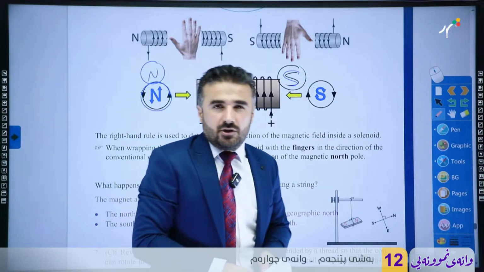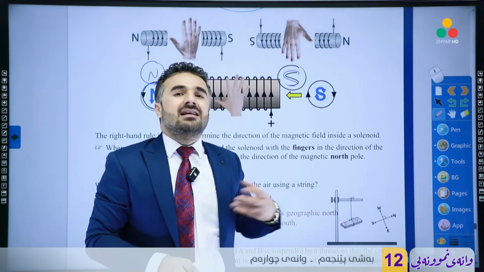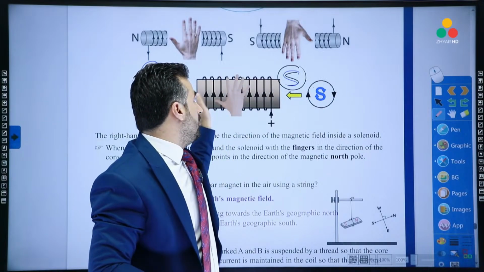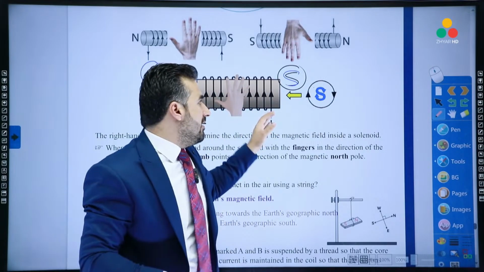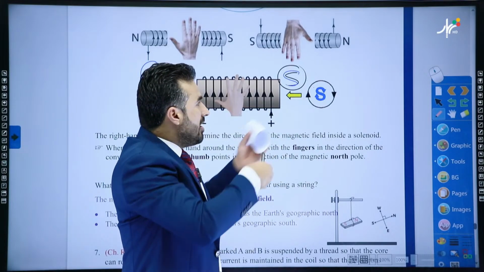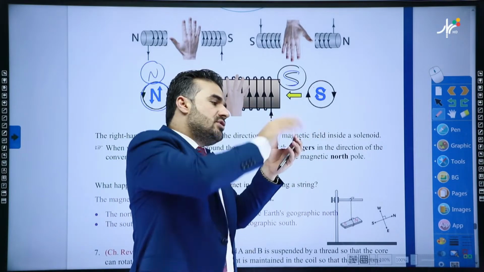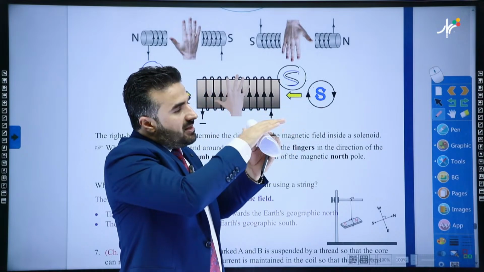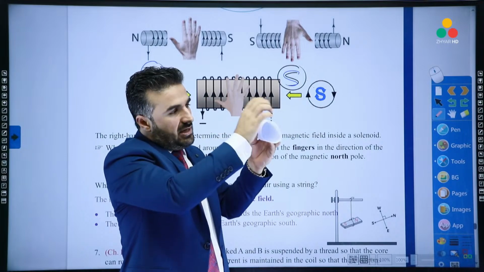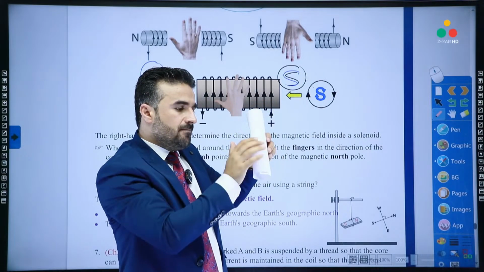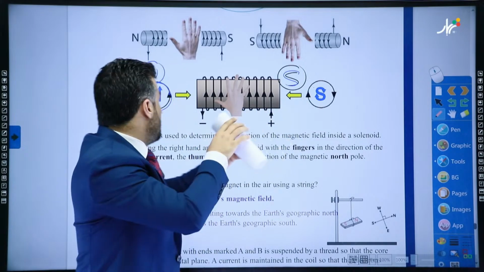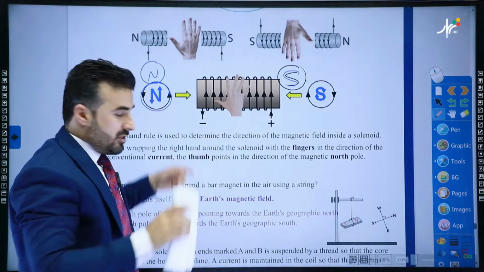When do we use this analogy? That is if you can only see the end of the solenoid, not the front or the back of it, when you can only see the end. If it tells you that when you look at one of the ends, the current is moving clockwise, that is south, you can just align your hand just like the clock. So that means it becomes like this, yeah? So this is basically north. On the other side here, it becomes south. You can see that, yeah? If you align your hand like this, okay? So this side is north, the other side is south, okay? And if this is counterclockwise, you can see that basically this is north, and then